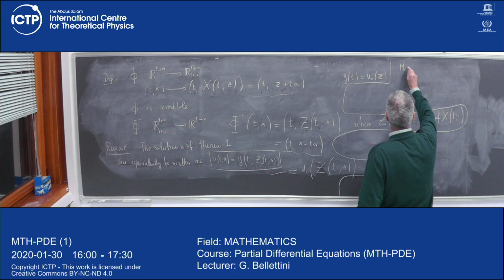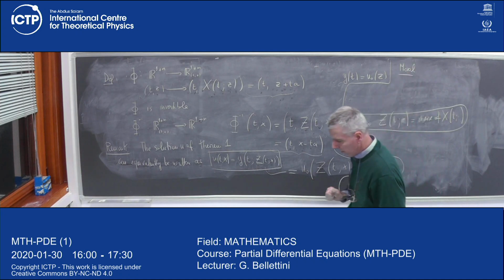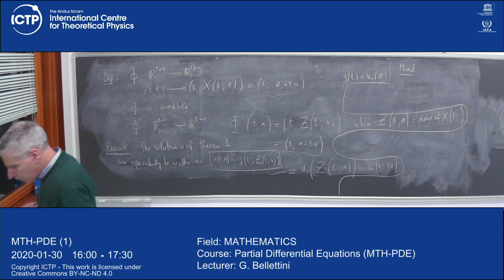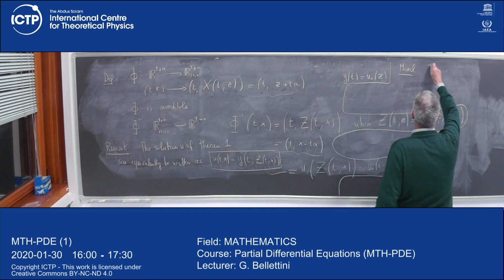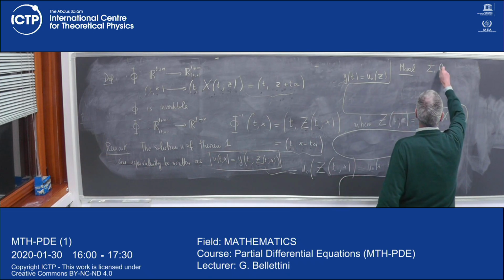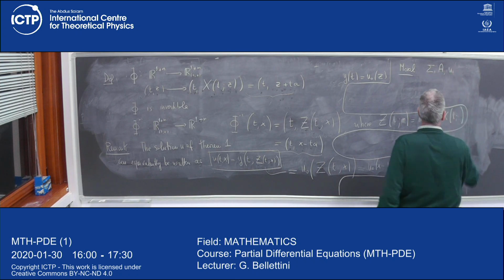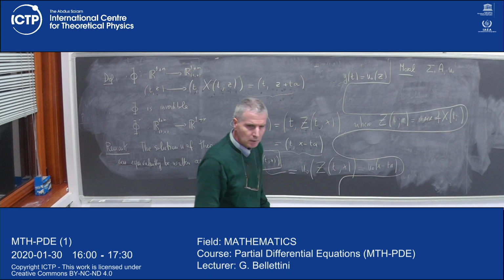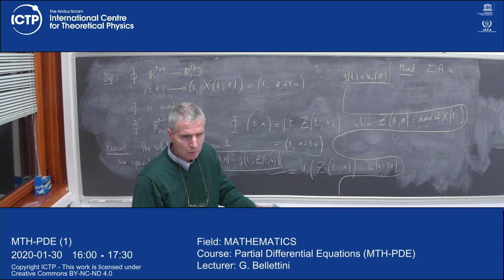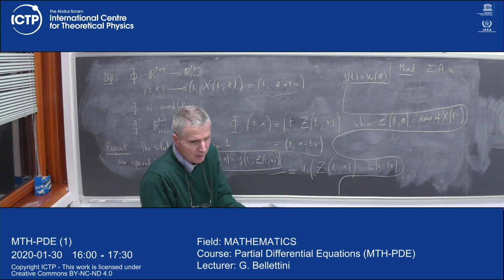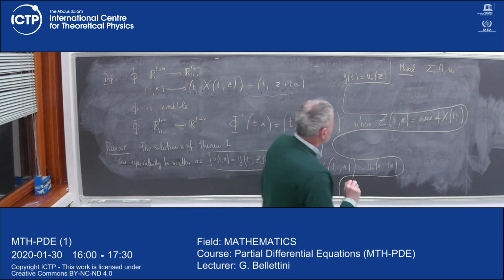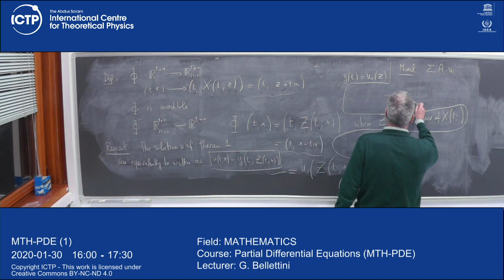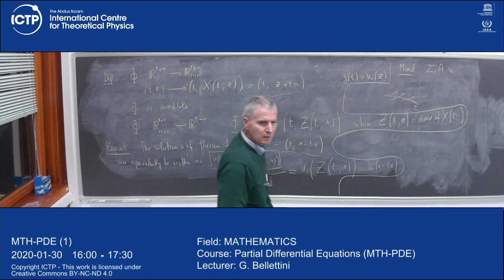The moral. I have my vector field A, I have sigma, and I have U0. These are the data of the problem. Sigma must be transverse to A, because if it is tangent, it is clear that the method breaks down immediately. So we have sigma and our capital A, transverse.